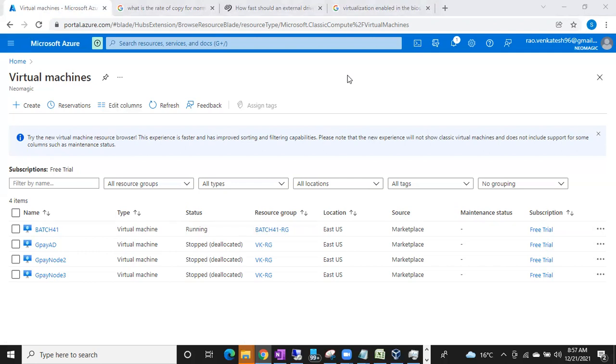One more small thing: this is not an Azure class, so don't ask me any doubts from Azure classes. I am preparing this for yourselves only, for those who don't have enough RAM or proper laptops. It's not that I am teaching Azure completely. Shanmukh, you can ask me a small doubt, like how to move from Google. You can ask me.